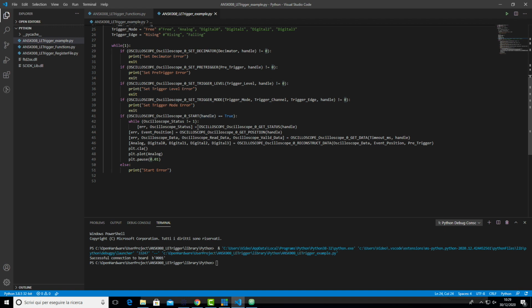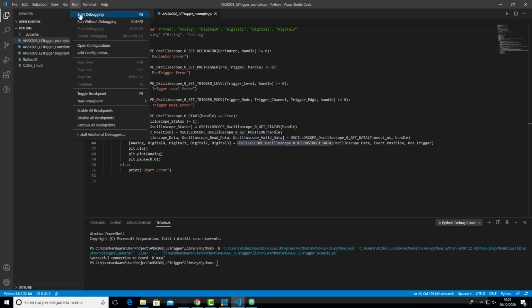We wait until the status becomes different from 1, which means that the acquisition is completed and we can proceed to decode and download the data. So we get the trigger position, we get the raw data, we reconstruct the data, and we use matplotlib to plot the waveform on your screen.